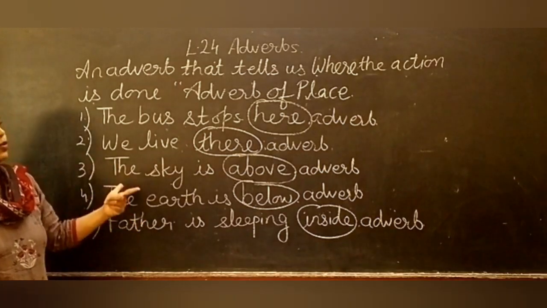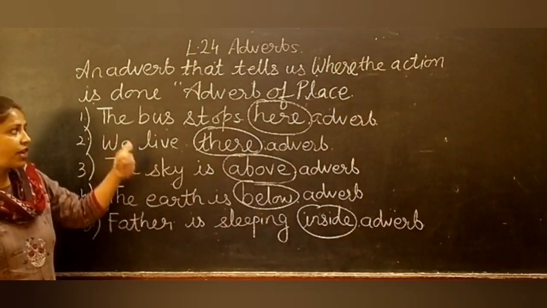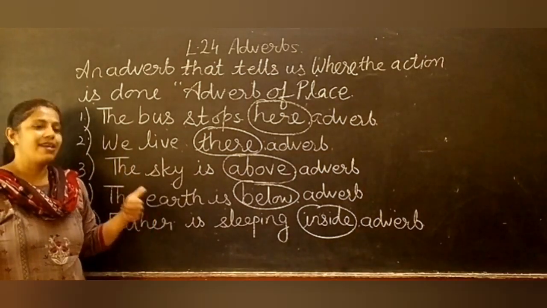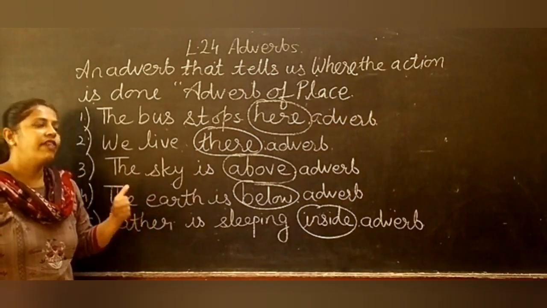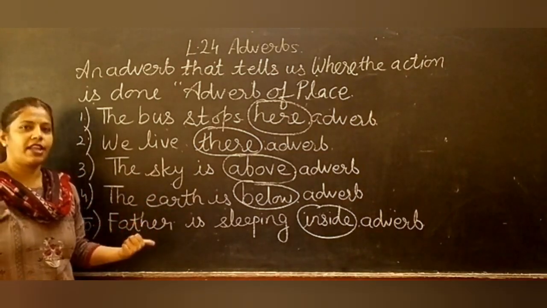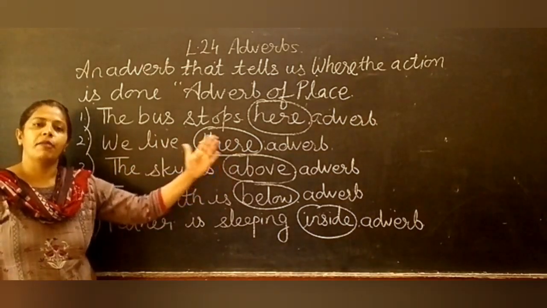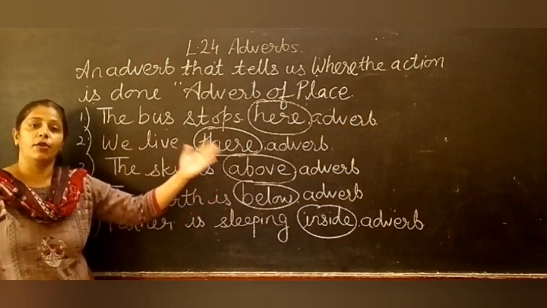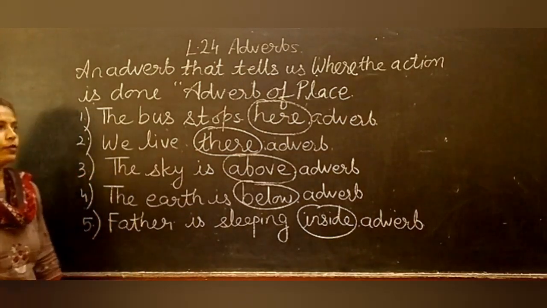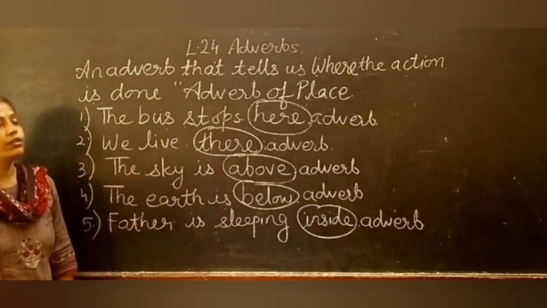Okay, first try to find out the verb and then ask how that action is done, when that action is done, and where that action is done. Then whatever answer you get, that will be your adverb of manner, adverb of place, or adverb of time. Okay children, I hope you have understood what are